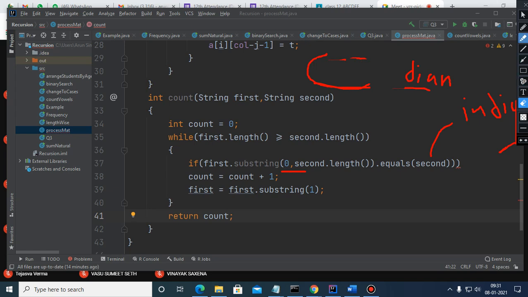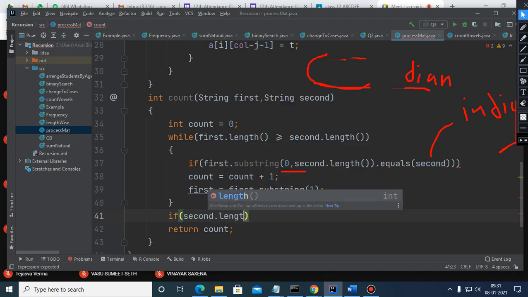Now children, I want to teach you how to write recursive code. So children, few of you declare the variables inside this function body, which is not okay. So you need to use accumulator, and that I have explained in class 11th also. So first of all, you have to write the base case. So children, you have to think when this loop will get terminated. This loop will get terminated only when the length of the second string becomes more than the first. So just write that base.